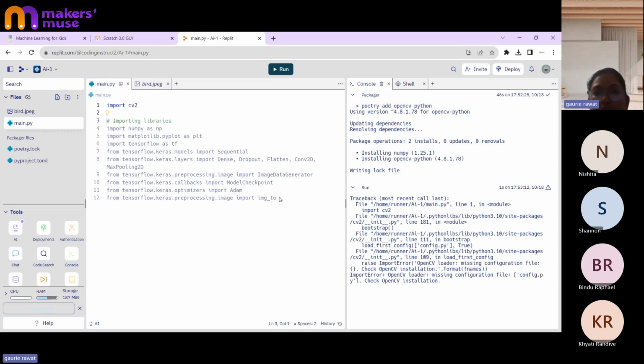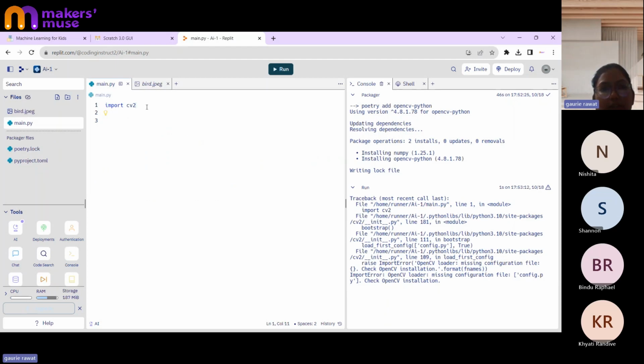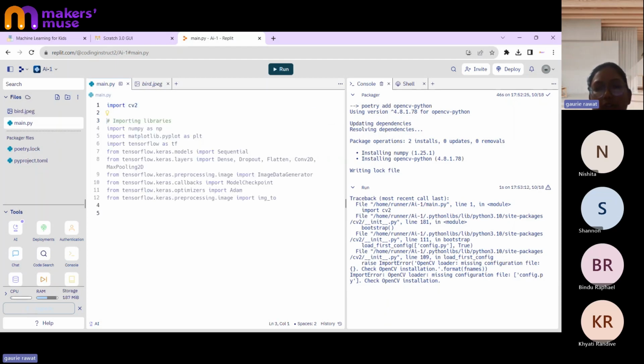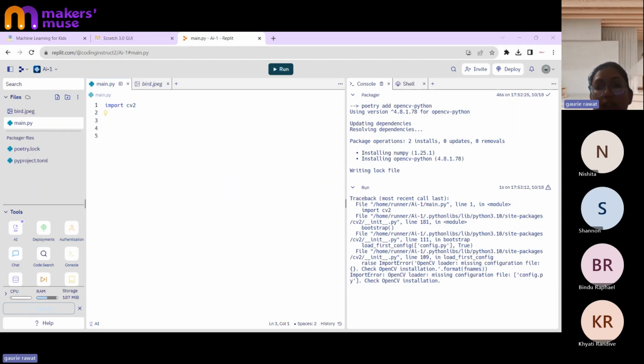Any doubt now? No, ma'am. Okay. So I've imported the CV library over here. Now the next thing I want to do is read a particular file. So I just write over here img is equal to